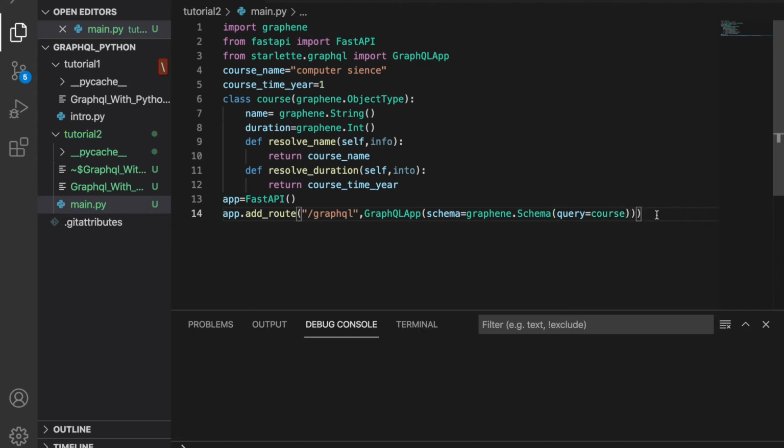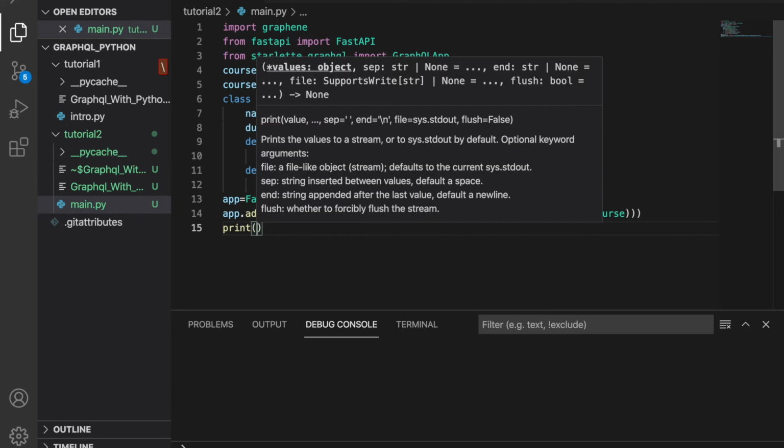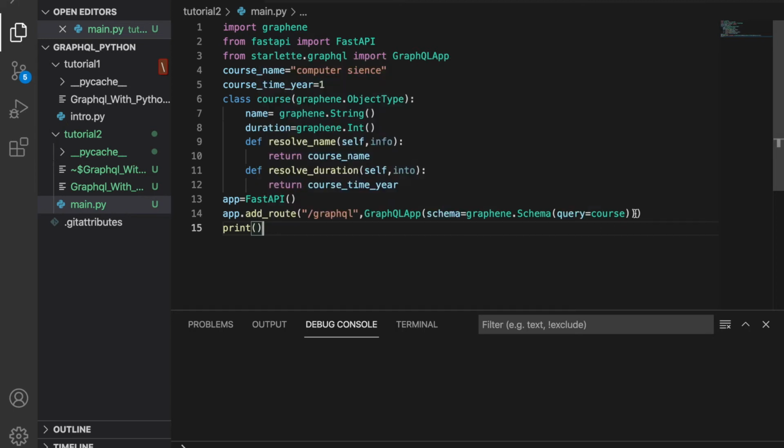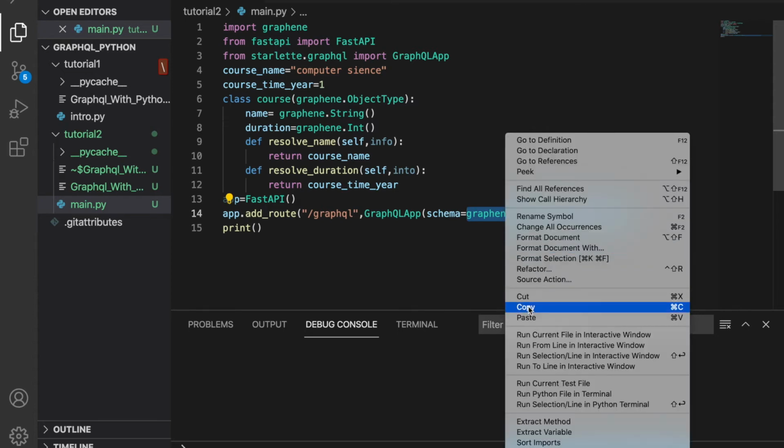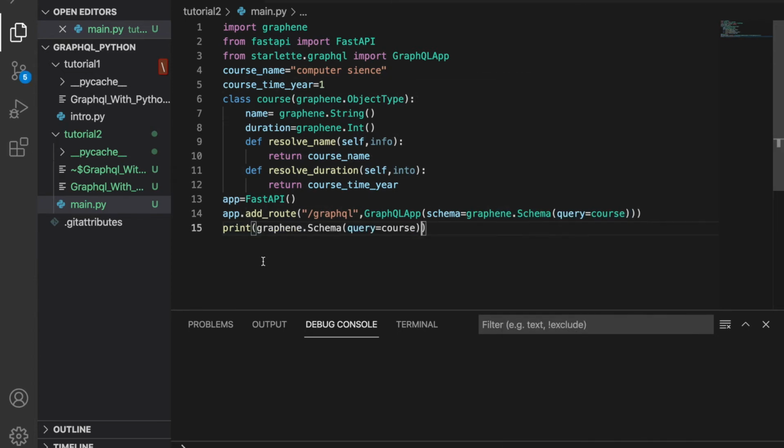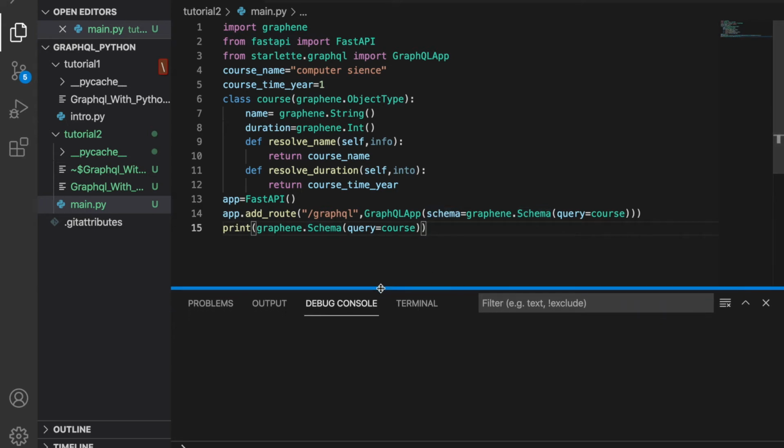Okay, that's it. Now I'll print it just to display the schema. So this is actually my schema, and this schema is embedded into my GraphQL app. This is kind of a confusing thing, so that is why I created this print.